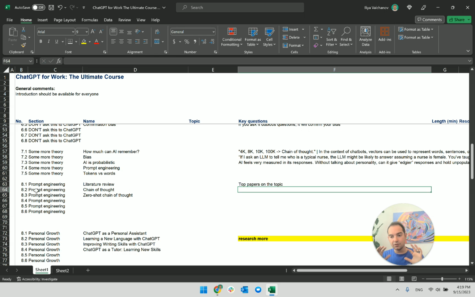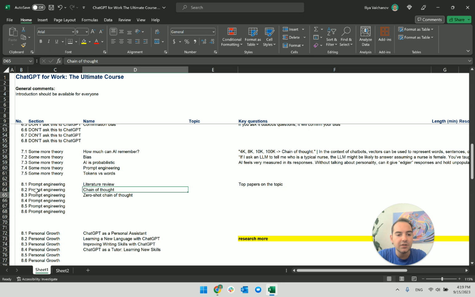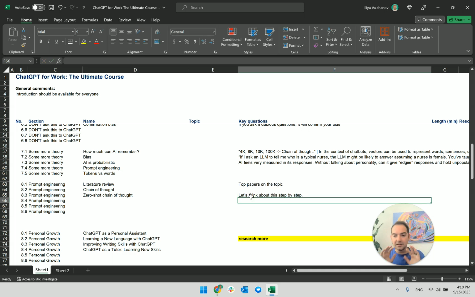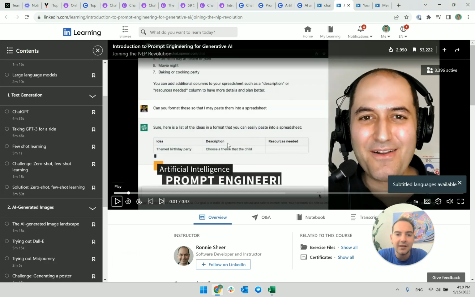People have been researching this for quite some time, and there are amazing things here. For instance, zero shot chain of thought: let's talk about this step by step. If you add "let's think about it, let's talk about it, think about this," if you add just this prompt, you will get much better results than if you don't add it. And 80-90% of the follow-up prompts that you can put are based on something like this, zero shot chain of thought. You're trying to make the LLM go through a chain of thought, and it's much better at its accuracy.